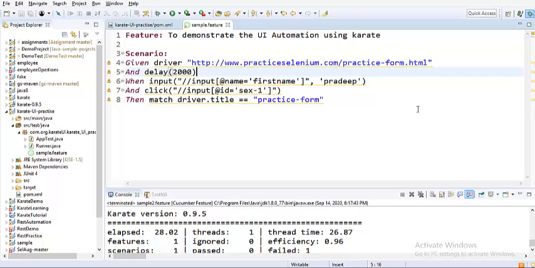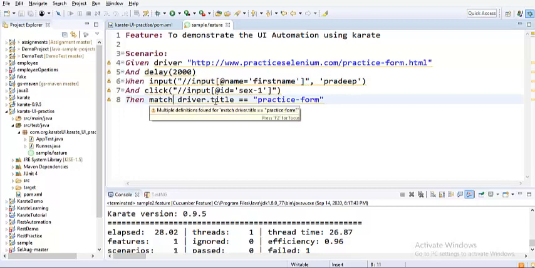We have sent keys to one of the text boxes we identified using this XPath, and the keys we sent were called Pradeep, and the function that we used to send the keys was input. And we've also done a click operation with the help of the click function, and finally we ended up putting in an assertion. So we were verifying the title of a web page, and we were trying to equate that value with practice-form, and we have executed the script in Chrome, and we have successfully seen this particular test case